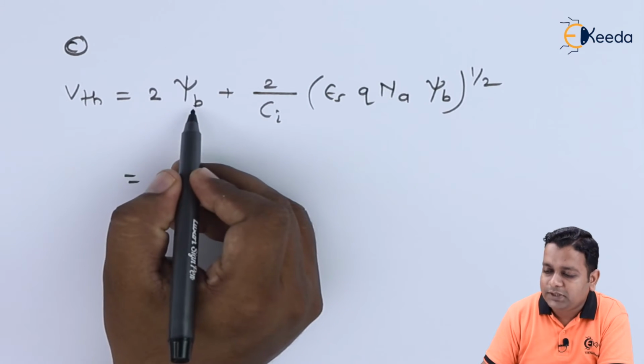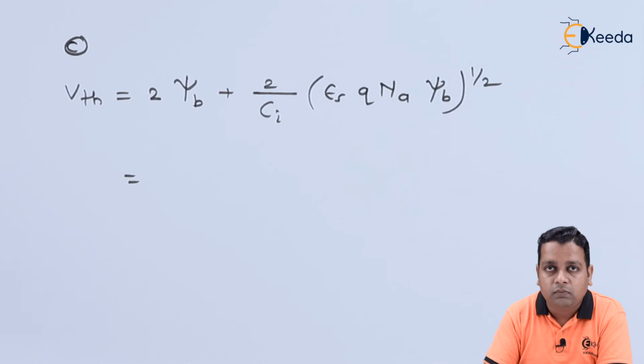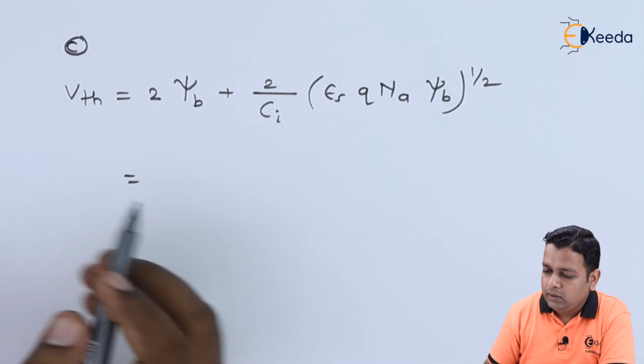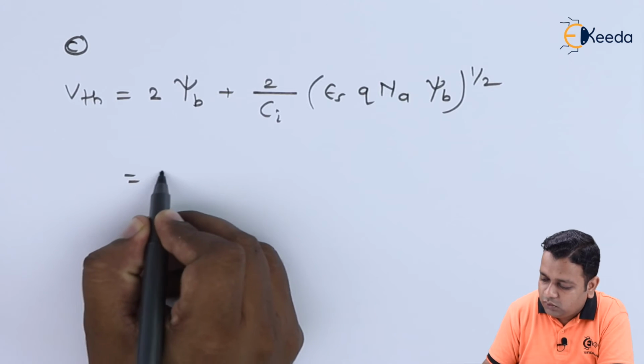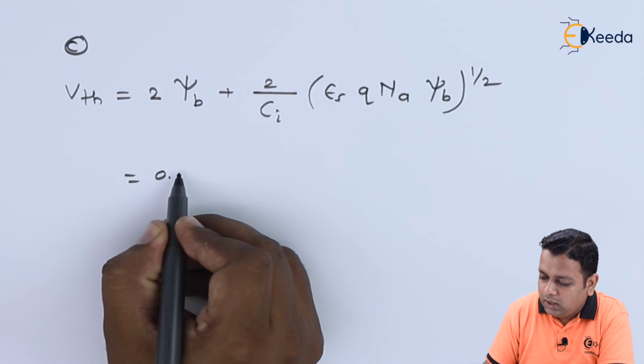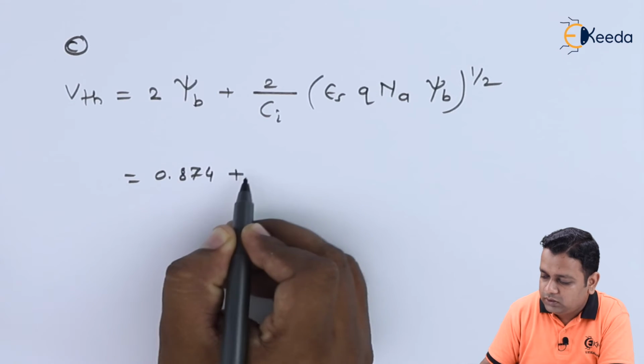So now psi suffix B can be obtained from the relation I have shared before part B, after the answer of part A. So here we make twice psi suffix B equal to the answer from part A, that is 0.874. This is added with,